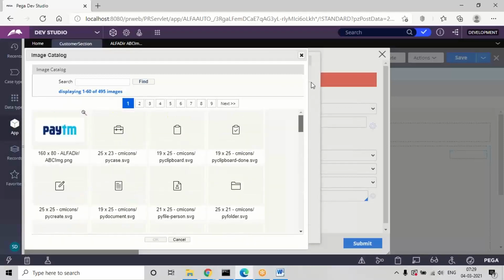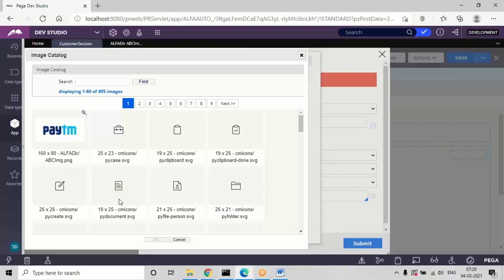So if you want to use any images which are created with a different letter, if it starts with a different letter, it will be somewhere in the middle of the pages. Okay, I have given a name starting with A, so it is displaying in the first place, but it will not always display in the first place.